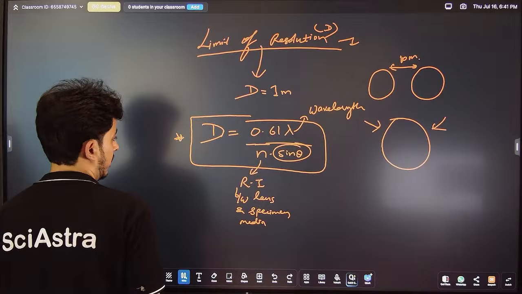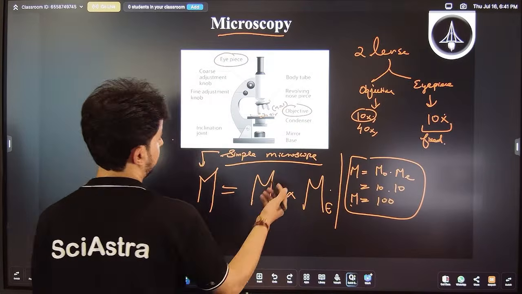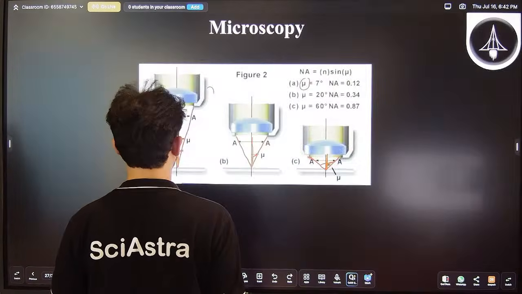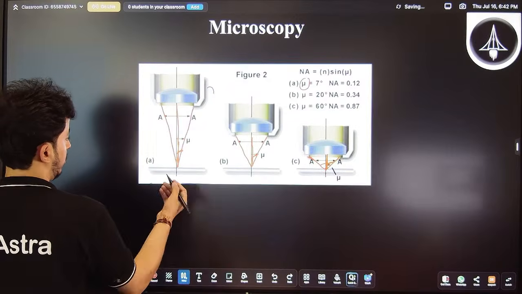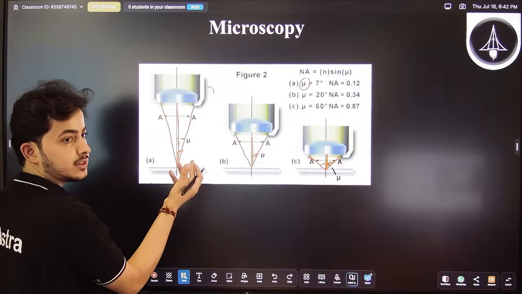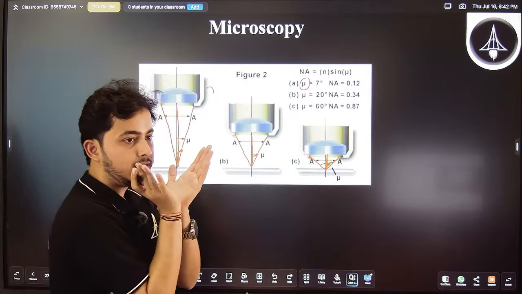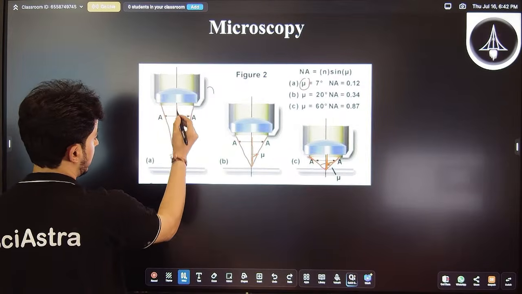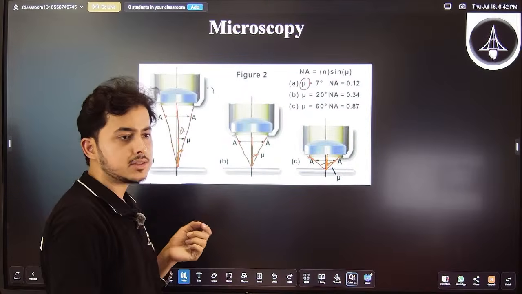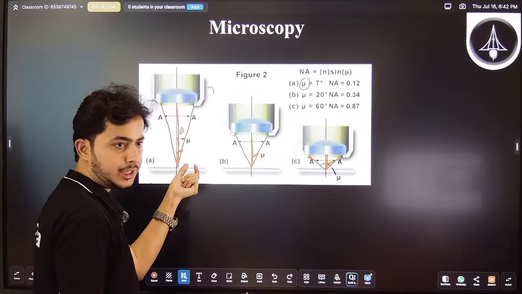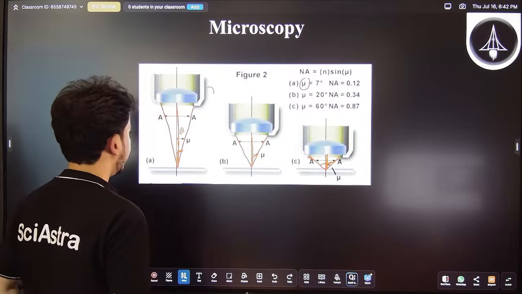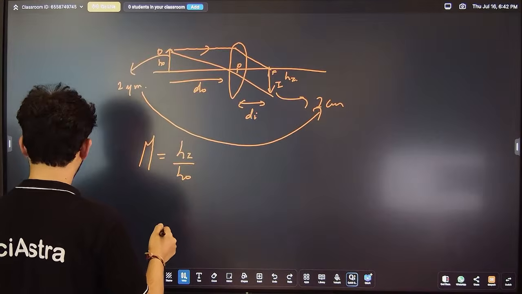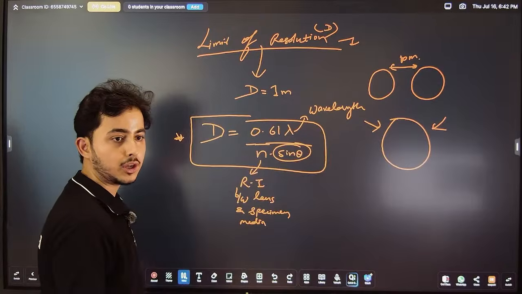So sine theta is nothing but, if you see here, the light that is coming, so you see this case, right? The light that is falling into the lens, you can imagine it as a cone of light. Now in this particular case, this half angle of the cone, we can call as theta. So this half angle is theta, and this is the theta that I am talking about in this formula, the half of the angle subtended by the cone of light, okay.